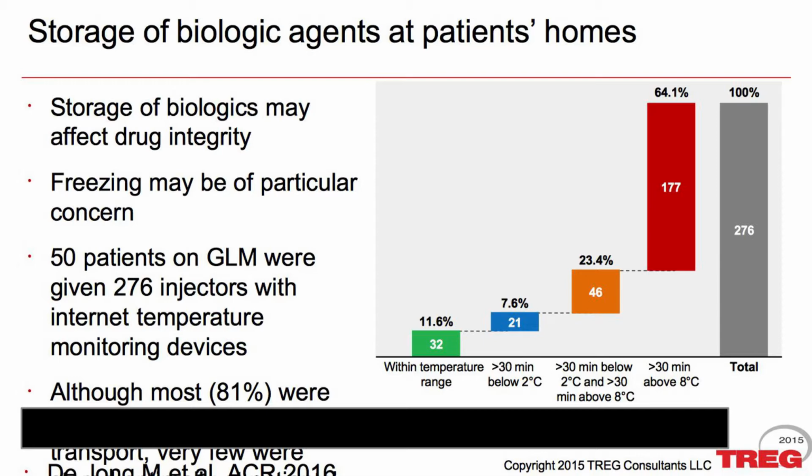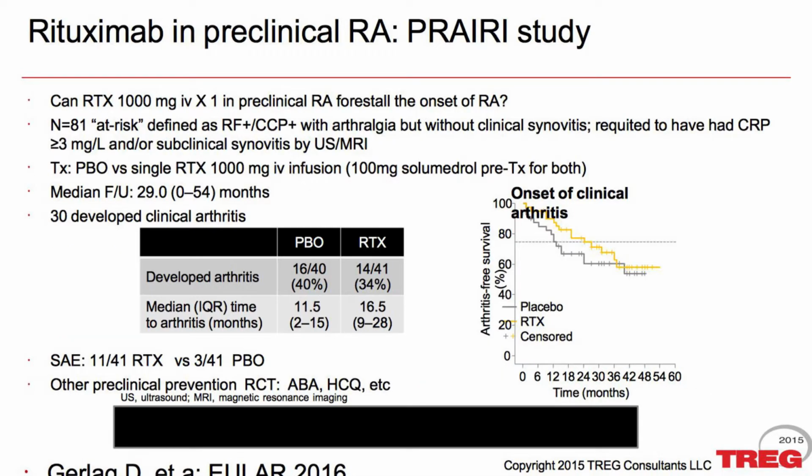Mike Holler talked about treatment interventions in preclinical RA. This is the data that was presented at EULAR on what's called the PRAIRI study. It was more or less like the research he mentioned, that they recruited these people from a fair. The 82 of them, and the vast majority of them were first-degree relatives, and to be in the study, to